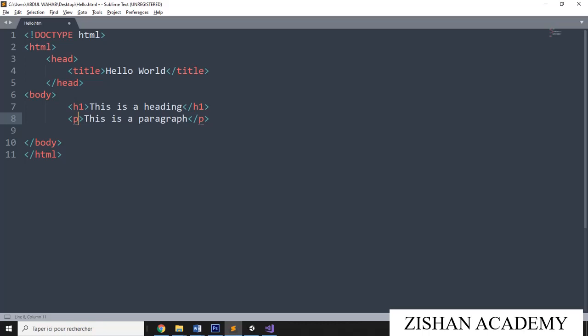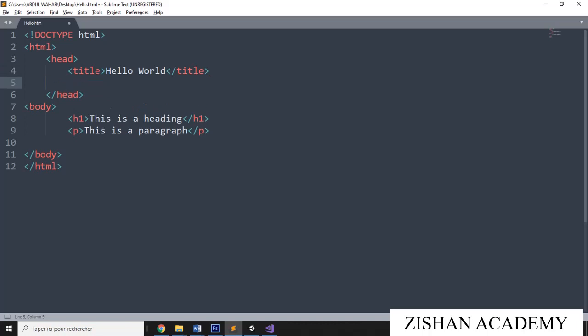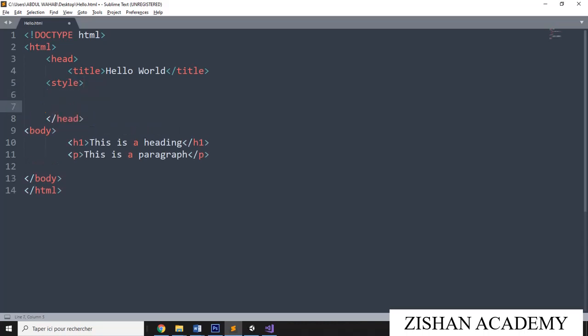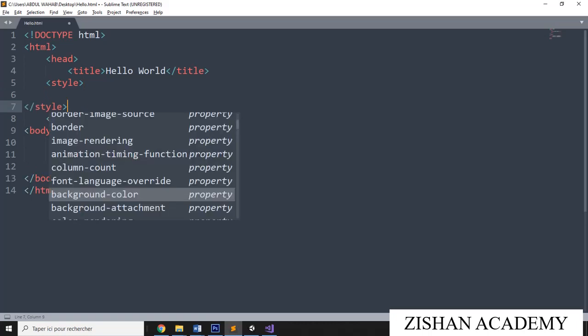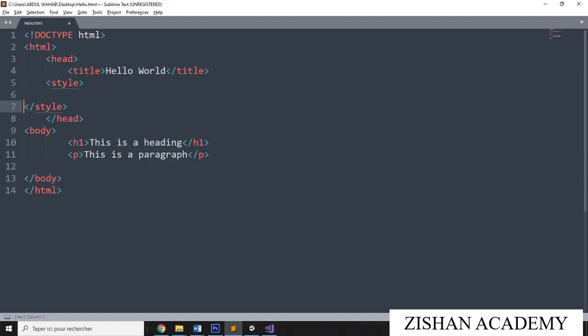Internal CSS we have to give inside the head tag. We'll go after the title. Here you can go for style. Close it, and you have to close the style tag. In between the head tag you can give the style.